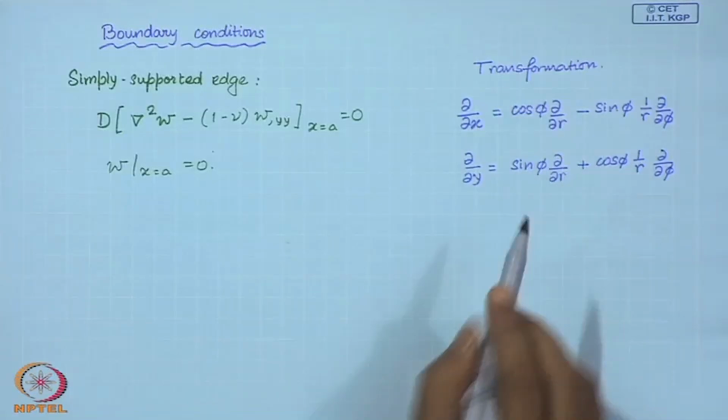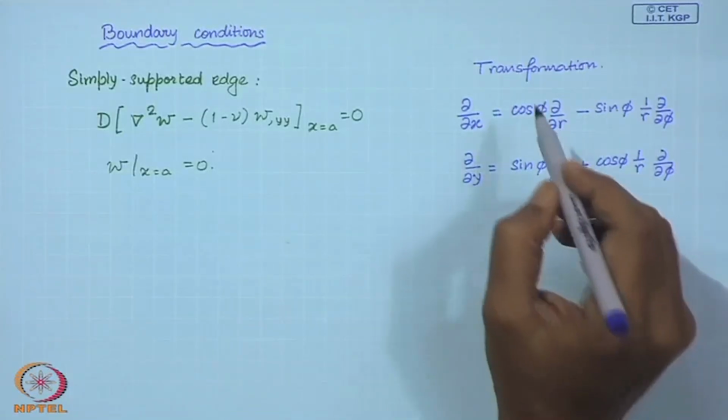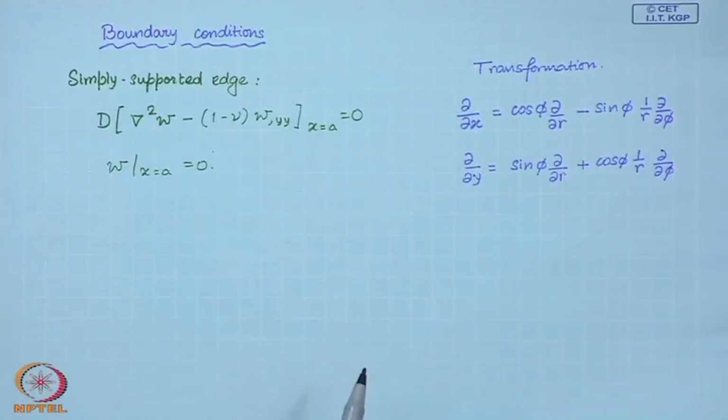So, this is the transformation. Now, when you use this transformation on these boundary conditions, then for the circular plate,